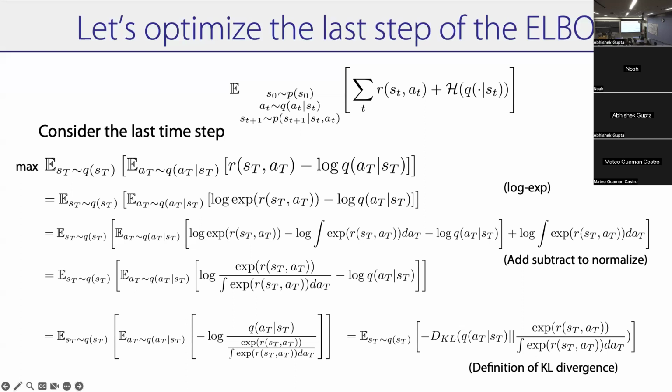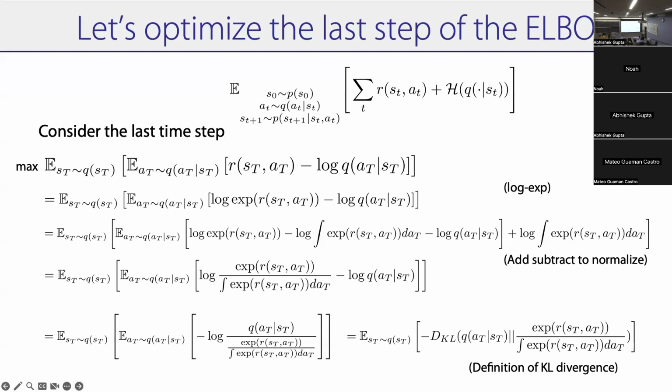Then they have to be as close to that infinite set of stuff. So one way of thinking about it is that if you only had a finite action space, this integral is just a sum. If you have an infinite action space, this integral is an integral, right? So it's just like saying q has to be close to some true probability distribution. And probability distributions have to be normalized. And so we're just saying q has to be close to the normalized x bar. So it's easy: if it is discrete, q would be equal to the softmax. And if it is not discrete, q has to be equal to this normalized energy, or normalized x bar.